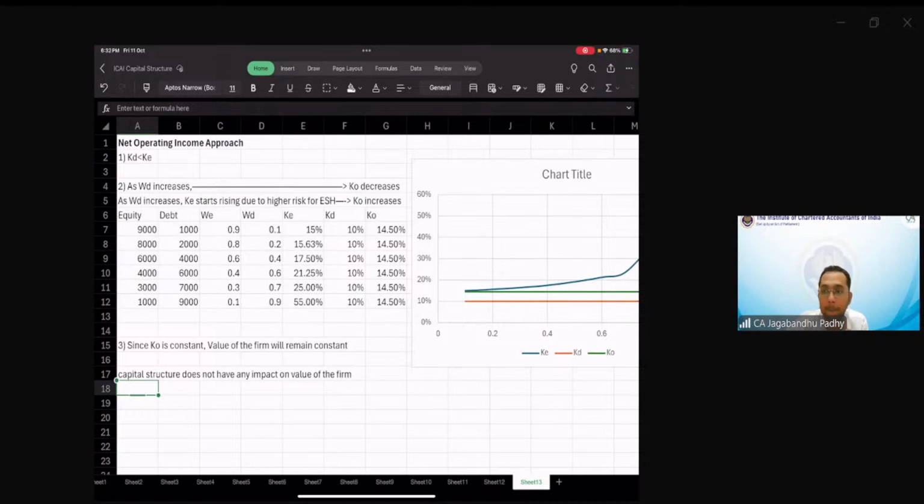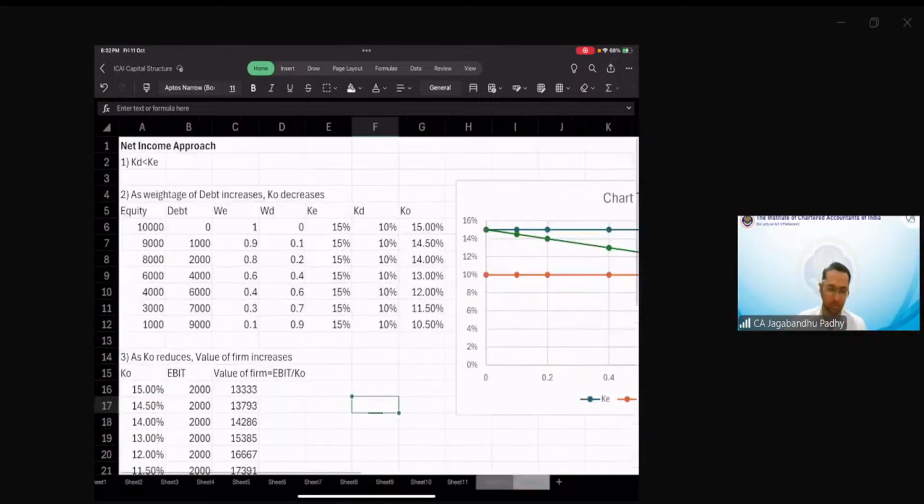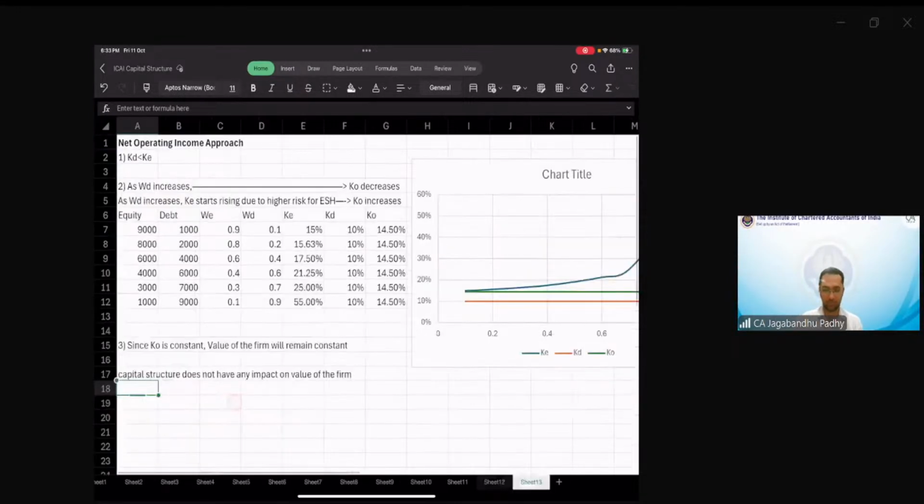Sir, can we say that if the value of equity decreases, the value of the firm will increase in the first one? No, nothing like that. In the first approach, and be it whatever approach, this is not the value of equity or debt. This is the book total capital employed in the business. And when we are talking of the value of the firm, this is the market value. Okay, sir. Like in the first case, the company is having 10,000 of equity invested, but the market value of the firm is 13,000. Right? Yes, sir, we're talking of the impact on the market value. Okay, sir. Thank you, sir. Yeah.